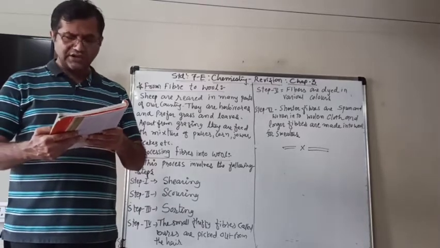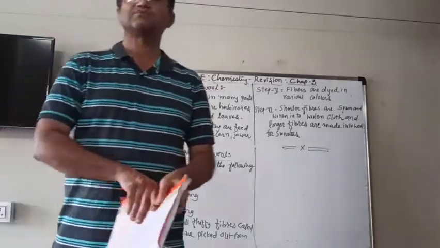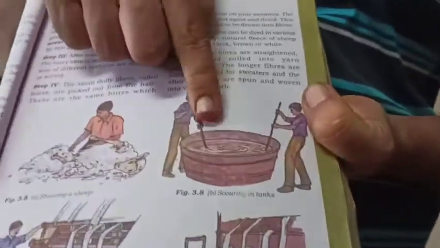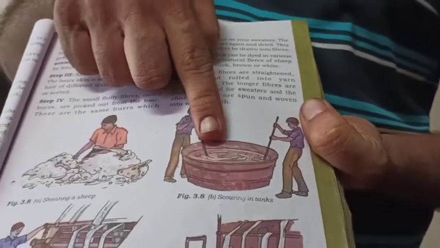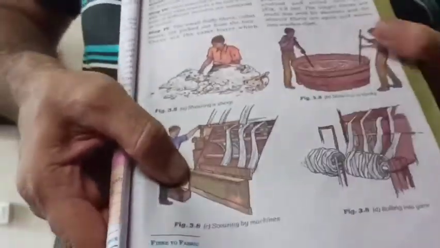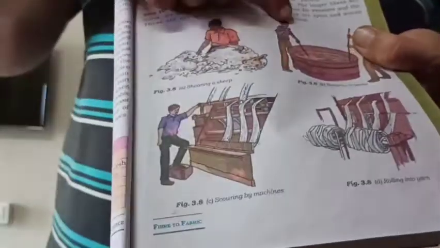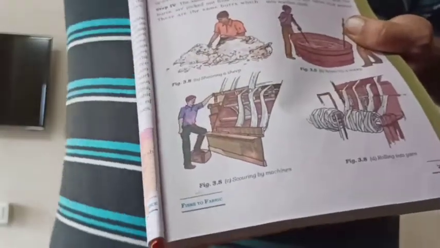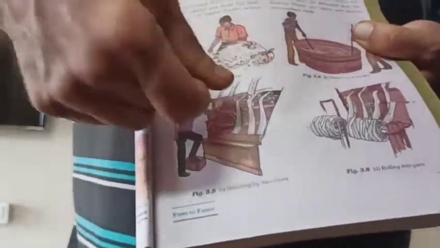So that scouring is done by machine. You can see it done manually or by machines. Here they are doing it manually, but here you can see scouring by machines. Here manually they are putting it in water and detergent and washing it. But nowadays, on a large scale, it takes time, so they use machines also for the